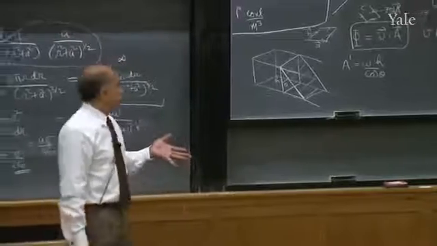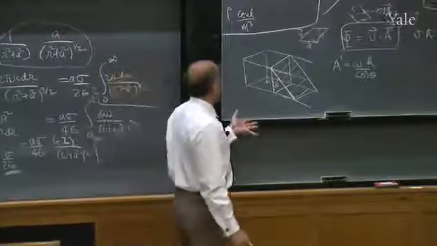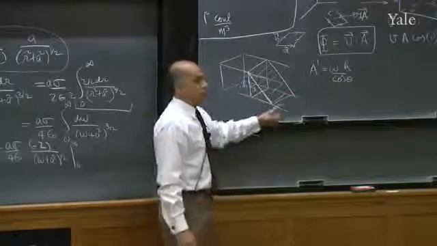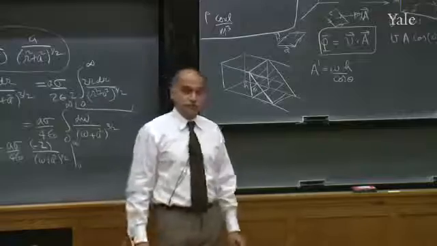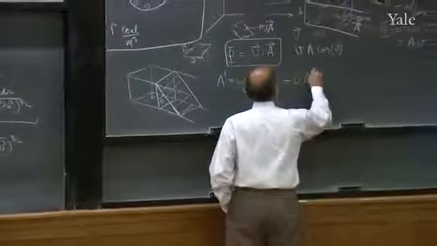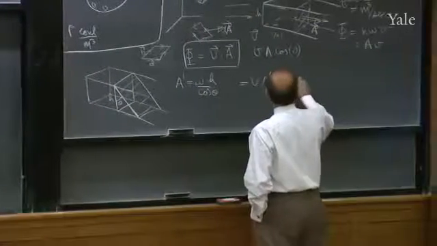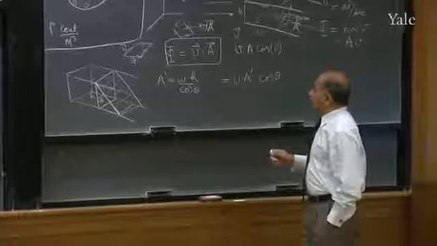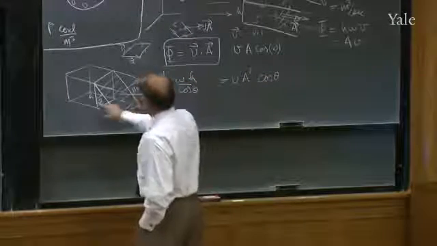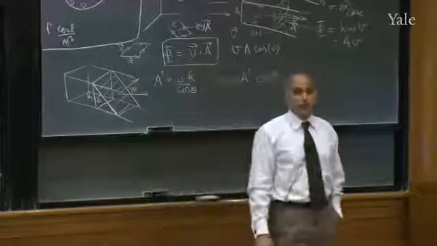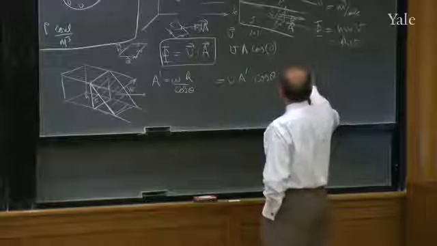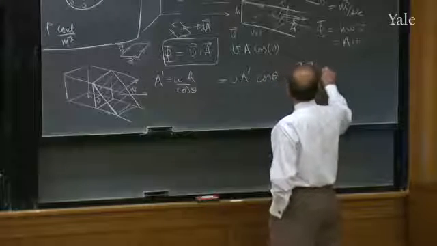It's a bigger area, but just because it's a bigger area doesn't mean it intercepts more fluid per second. Any stuff crossing this also crosses this at the same rate. So how am I going to get the same rate? The flux is not going to be V times A prime. It's going to be V times A prime times cosine theta. But theta is the angle between the area vector and the velocity vector, which is the same angle here. So the moral of the story is V dot A prime, or V dot A in general, is the flux